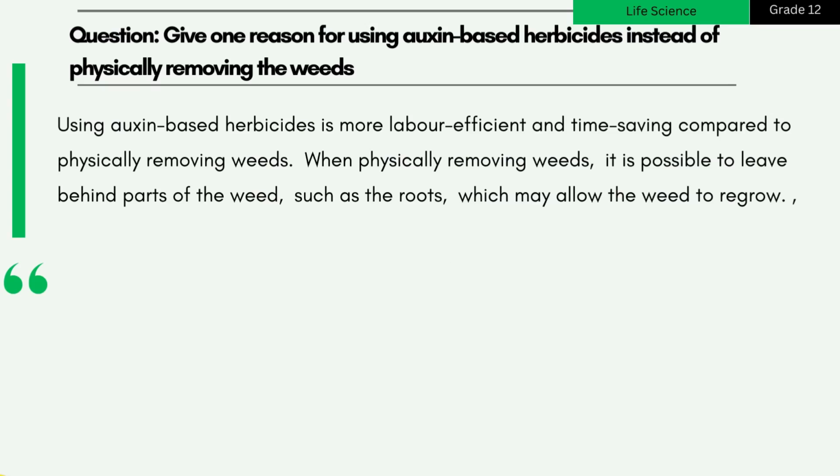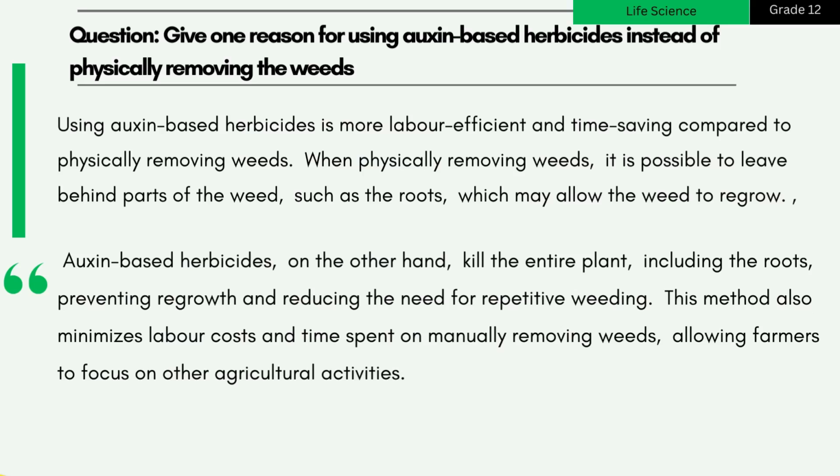Using auxin-based herbicides is more labor-efficient and time-saving compared to physically removing weeds. When physically removing weeds, it is possible to leave behind parts of the weed, such as the roots, which may allow the weed to regrow. Auxin-based herbicides, on the other hand, kill the entire plant, including the roots, preventing regrowth and reducing the need for